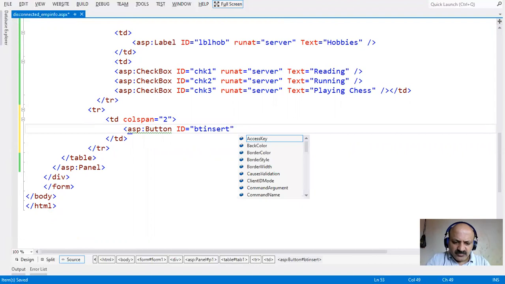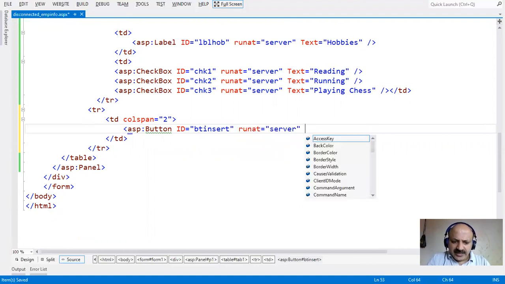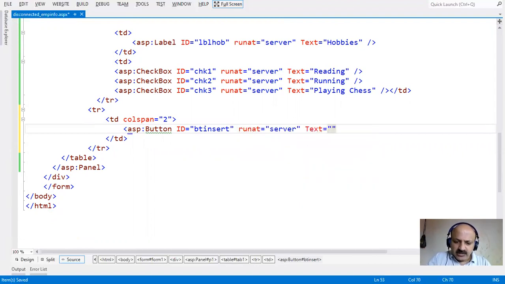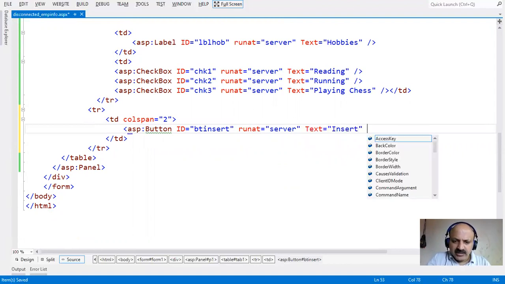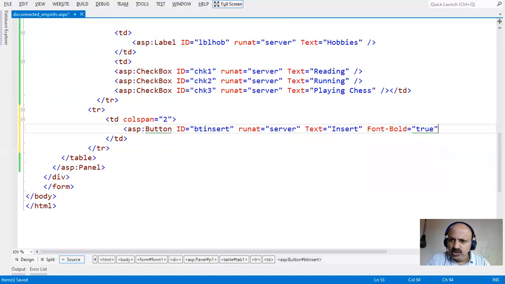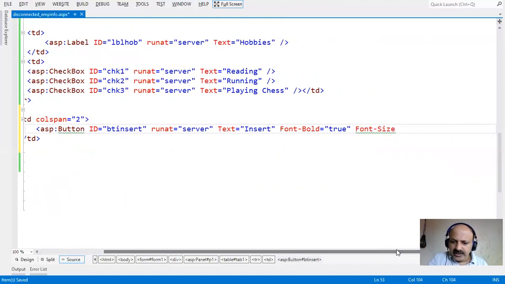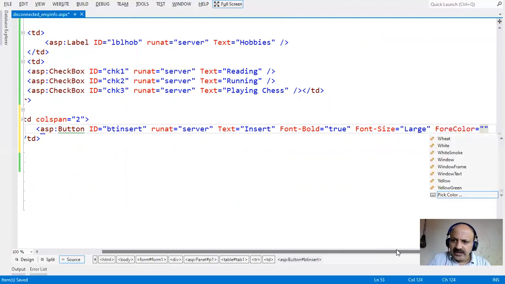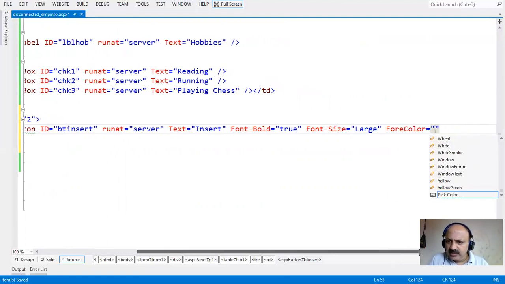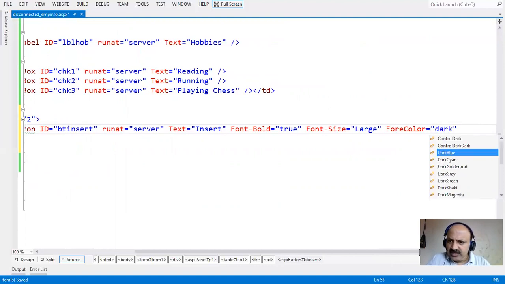So here we can give runat server side and then the text of that button, insert, and then some formatting like font bold equal to true, so that it looks better, and font size we can select. I just move ahead. So here, large first value, font size so many values, and then for color we have to provide, and that we can take directly, that window is also possible. So dark, some we can take the